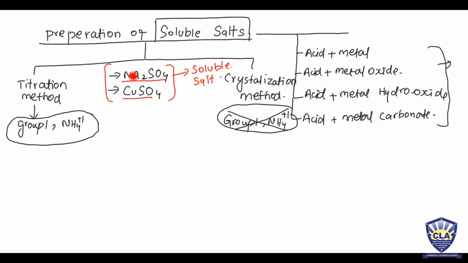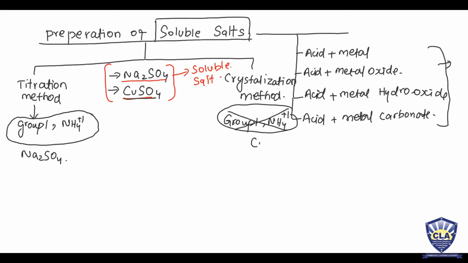Now take the sodium. Have a look in the periodic table to see in which group it is present. If you open the periodic table, my dear students, sodium is always present in group 1. So if a group 1 metal, or ammonium, is present in the salt, you use the titration method. So sodium sulfate could be prepared by the titration method,